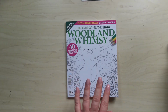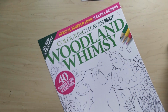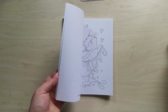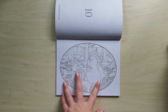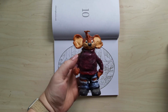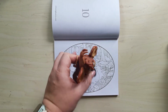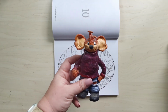Another Colouring Haven, but this is a pocket version, and it's Woodland Whims. Just hold it up so you can see it better. This is a little mouse, I think, and rabbits and stuff, on their adventures and doing mundane things, which I love. Back when I started drawing for myself, I used to really want to learn how to draw characters doing mundane things. So I don't have a drawing at hand to show you, but I do have my little statue that I made. This is from polymer clay, and this is Salad. He's my little companion. Unfortunately, his tail has been broken off, but he is my little character, Salad the mouse,